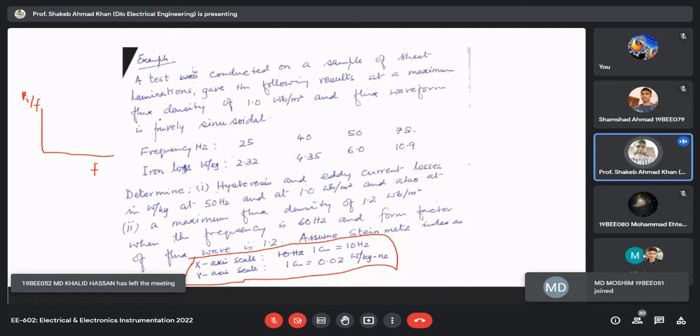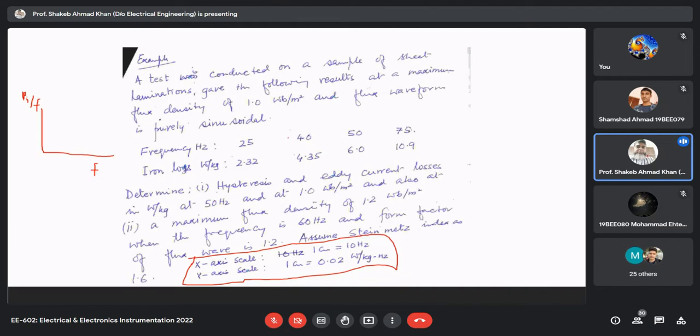Anyway, it is up to you. If you want to learn, then as you know, that equation is a straight line equation that I had written earlier. I had shown you that this will be a straight line equation only when your flux density is constant. So you'll have this kind of equation,